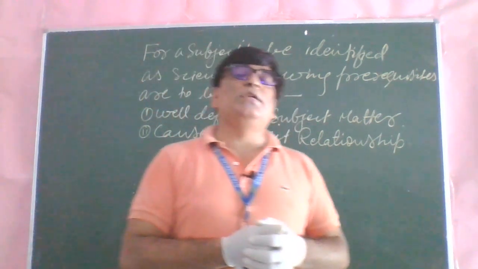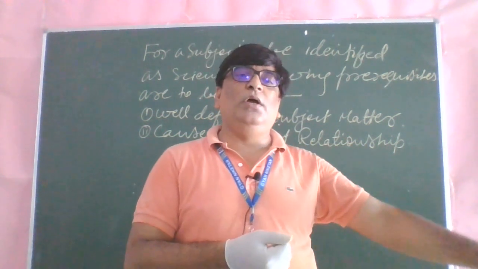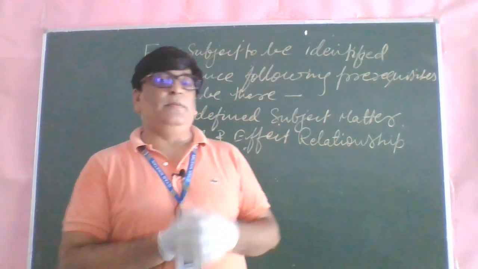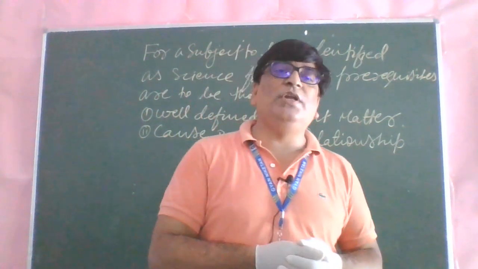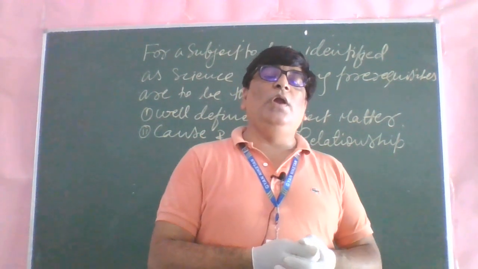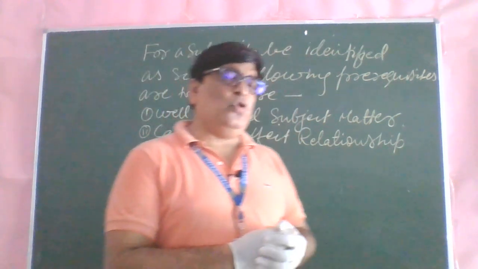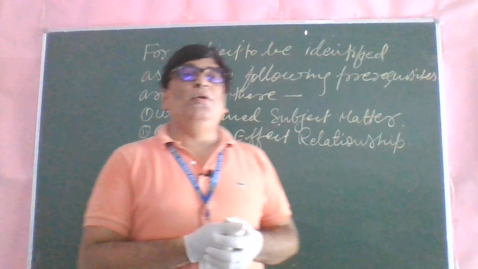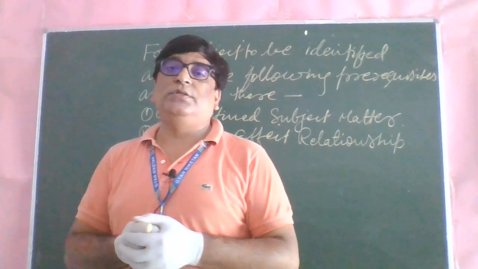Like in the law of demand, you will discuss that if there is a decrease in price of a commodity, other things remaining the same, what will happen? There will be an increase in demand of the consumer. In macroeconomics, you will study that if there is an increase in aggregate demand of the country, it will ultimately result in an increase in national income of the country. So, cause and effect relationship is there. But again, what I say, it is not as rigid as in the case of natural science.